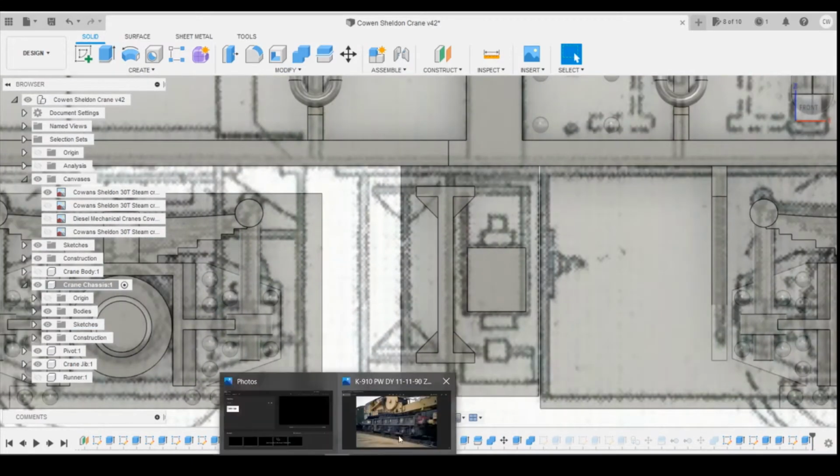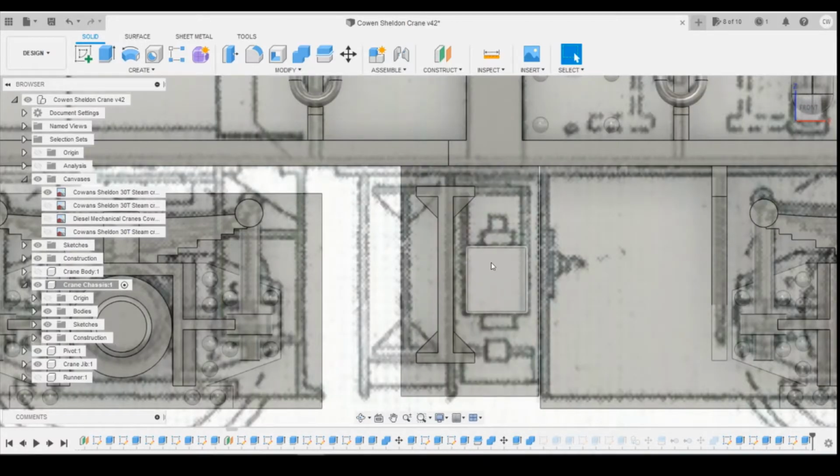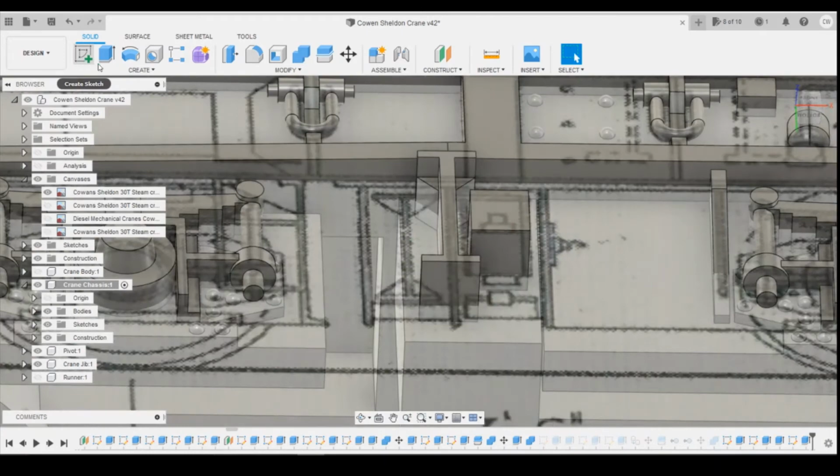Okay, and then as we look in the picture, we've got 2 tubes coming out. This one here looks a little bit smaller than the top one. This does look like it's got a thread on it. There's no point drawing a thread in Fusion, because the thread tool that we've got in Fusion, all it actually does is draw like a picture. It doesn't actually give you the thread, so there's no point in actually using it. And it's so small anyhow that you're not going to notice. So we'll just draw